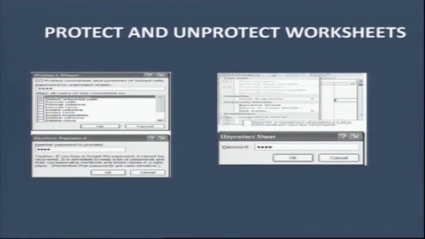For unprotecting, from the Format option, you will see an option to Unprotect Sheet. If you click Unprotect Sheet, it will ask you for the password. You have to give the same password which you gave for protecting the worksheet. Once we have given the same password, the worksheet will be unprotected. So why do we have to protect or unprotect worksheets? When I'm working on a confidential or business document, a high-profile project where a lot of financial or confidential information is saved.